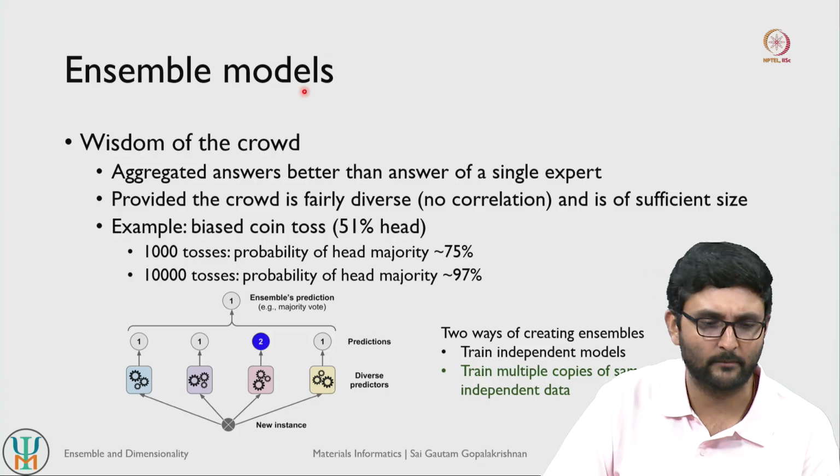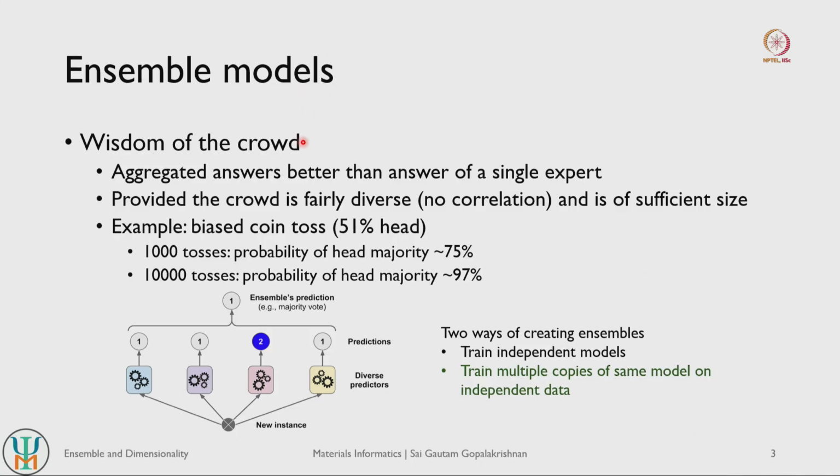Alright. So what are ensemble models? So far we have looked at machine learning models which work alone. If you think about a linear regression model, we create one model that tries to make predictions on whatever target data we have. Same thing with support vector machines, K nearest neighbors, decision trees and so on. Ensemble models are slightly different in the sense that we now have a group of models which give aggregated answers or some kind of averaged answers, and these answers tend to be better than that of a single expert. And why are these better? Because they use what is referred to as the wisdom of the crowd.